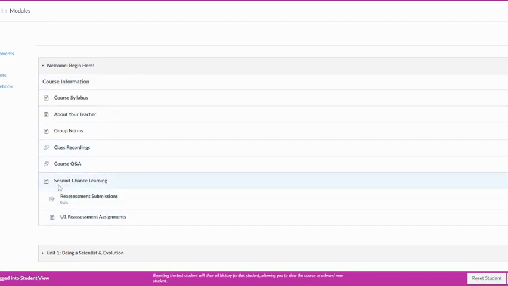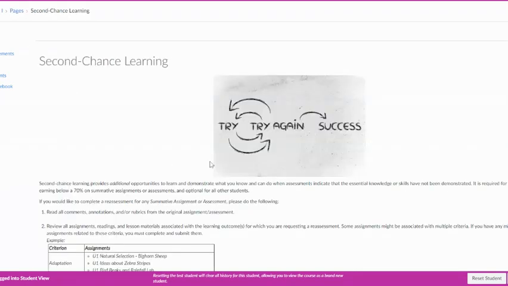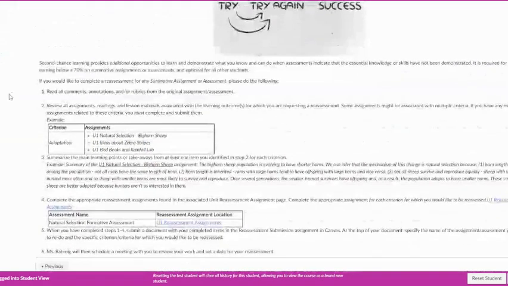So if we go into modules, under the Welcome Begin here, you'll now see a couple new documents. So Second Chance Learning. This describes the process of how to do reassessments. So first thing you would need to do is read all comments, annotations, or rubrics for the original assessment or assignment. So for your natural selection